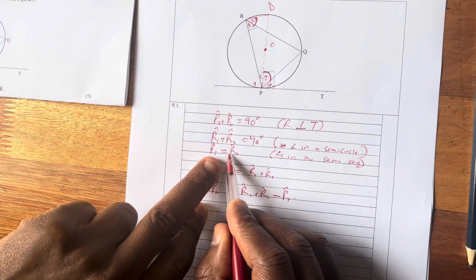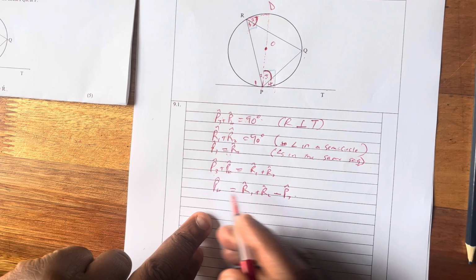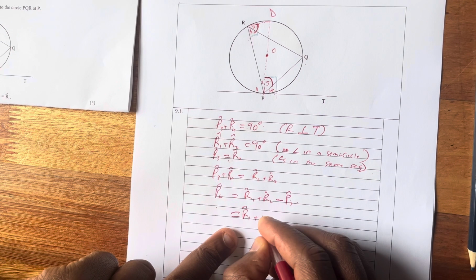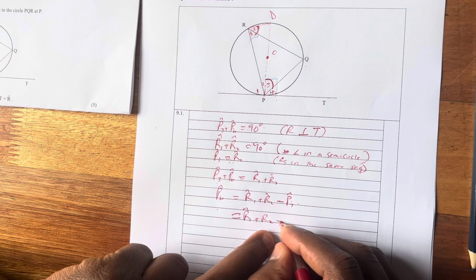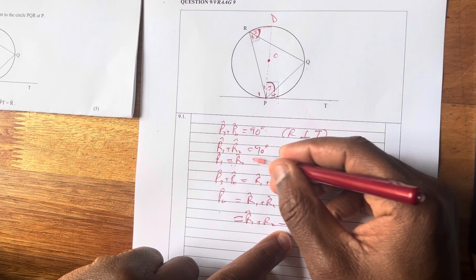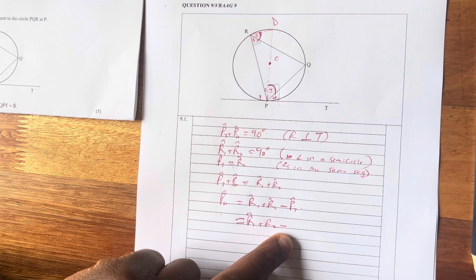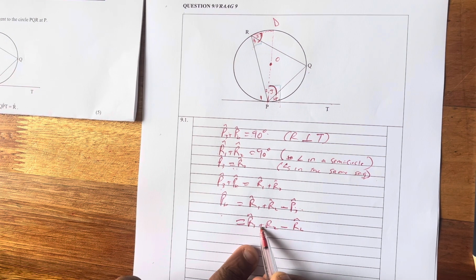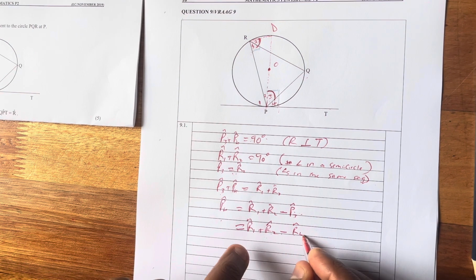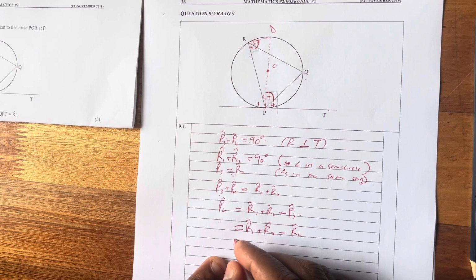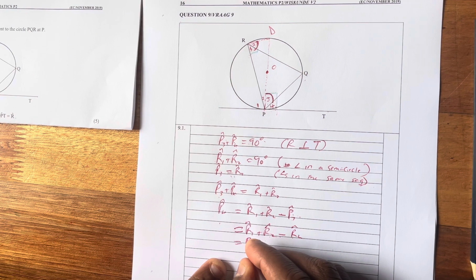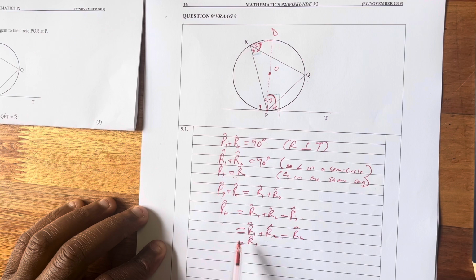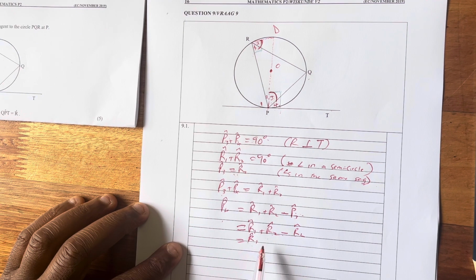These were the angles in the same segment, so therefore you can just substitute here and say this is R1 plus R2 minus P3, and it can be replaced by R2. Okay, so now R2 minus R2 will give us 0. Therefore, you remain with what? With R1. So therefore, now we have proven that P4 is equal to R1, and this